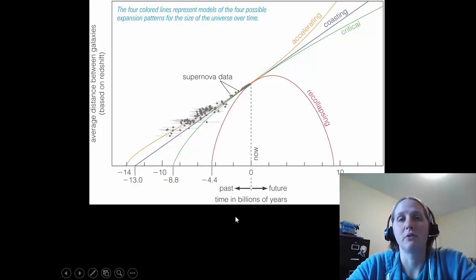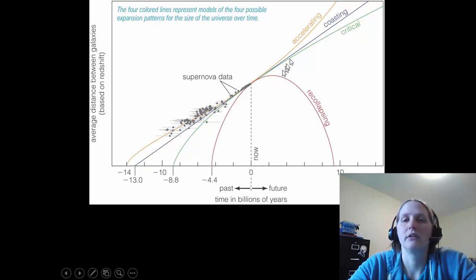Right. So on this graph, let's start at the present, because that's the time that we are the most confident about. And at the present, we know how the galaxies are spread out. We know the average galaxy separation. Okay. So that's this vertical axis. And if we go into the past, we can see that the galaxies used to be closer together. So we go down on the graph. And we can take that trend all the way back to the Big Bang, when all of the galaxies would have been on top of each other.